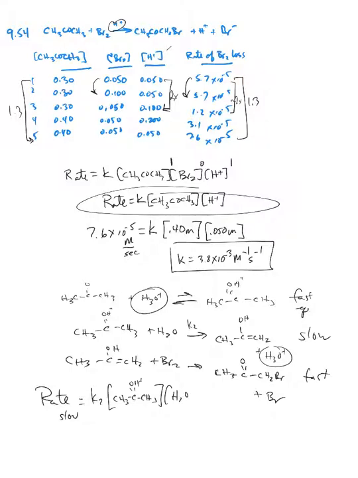And if I write an expression for the intermediate from the fast equilibrium, that's going to be K1 times H3O plus times the ketone. Writing this ketone so much is slowing me down. That's going to be equal to K minus 1 times